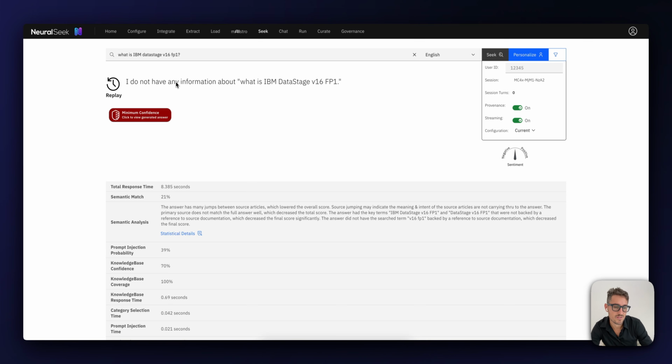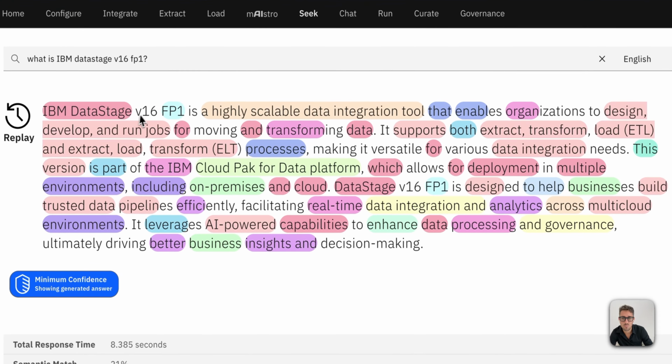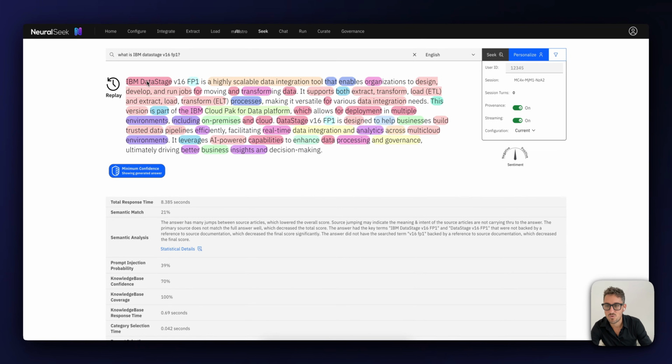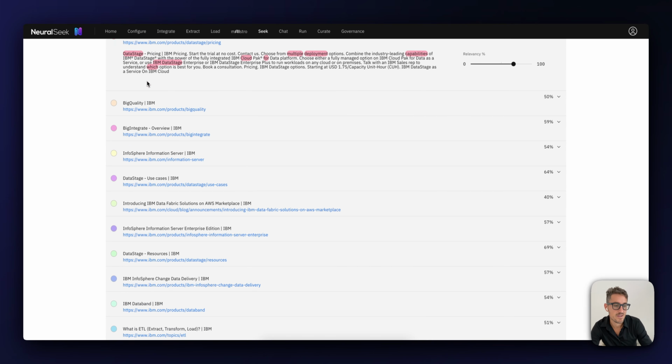You can see that same output that was shown to the user. However, we're not in the business of making LLMs. We are the guardrail and governance around it. And our LLM wanted to hallucinate just as much as Microsoft Copilot did. You see, it provided a nice answer, highlighting that version 16 FixPack 1 is a highly scalable data integration tool. But this Christmas tree lighting up of this answer indicates that it was scrambling across many different source documentation. Each one of these colors represents a link back to an IBM product website landing page that's powering the answers